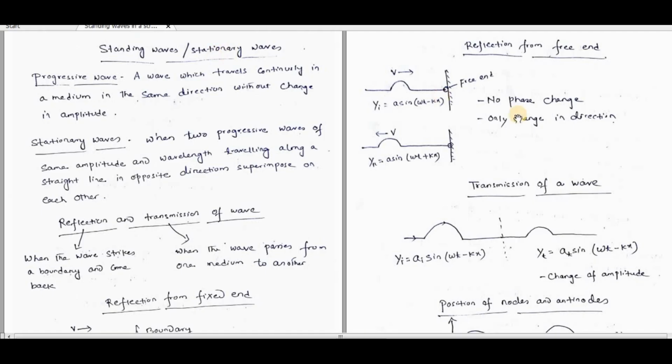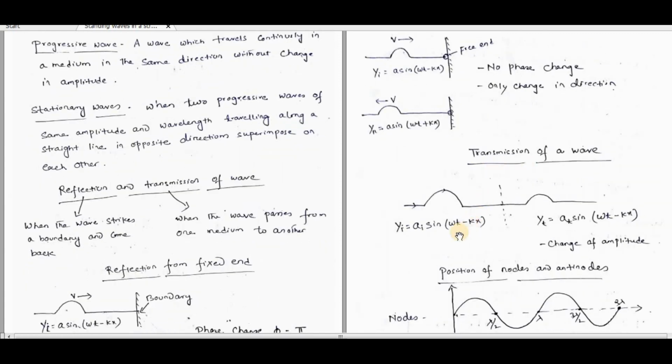So you have seen how the wave undergoes reflection from fixed end and free end. Next is transmission of a wave. Now you can see, for example, I have got a wave traveling in this direction. The equation of the incident wave is represented by yi equals ai sin(omega t minus kx). For example, this is a boundary separating two media. This is one medium, this is another medium. So as it is moving towards the second medium,